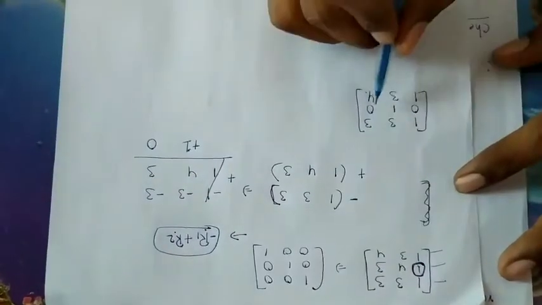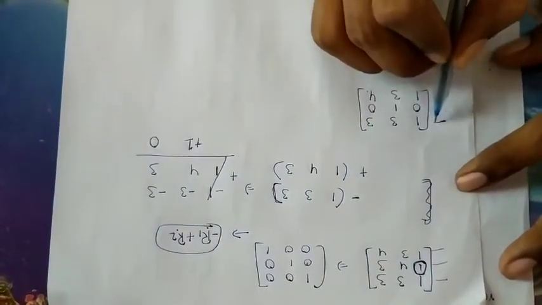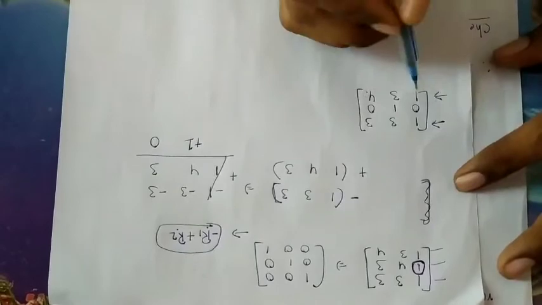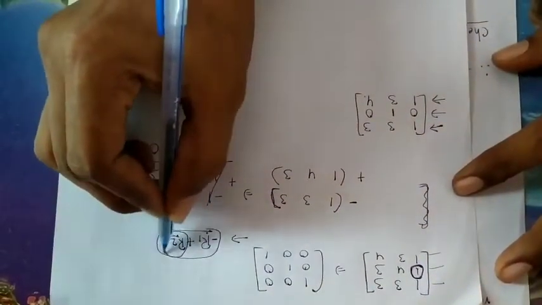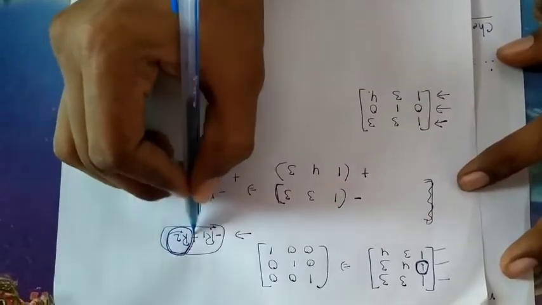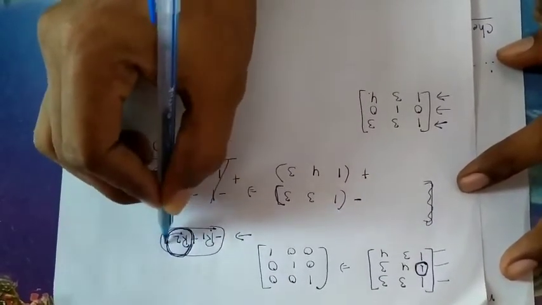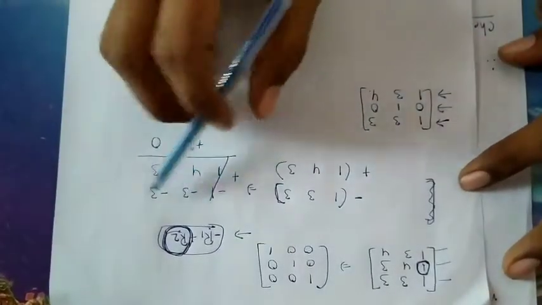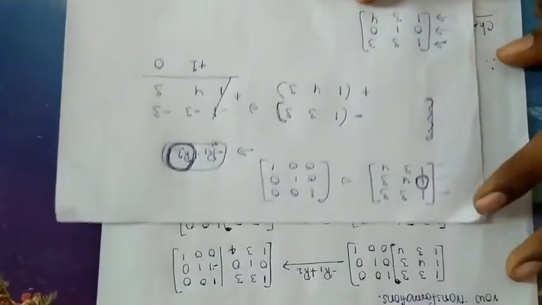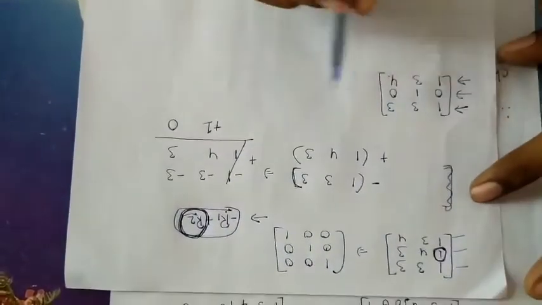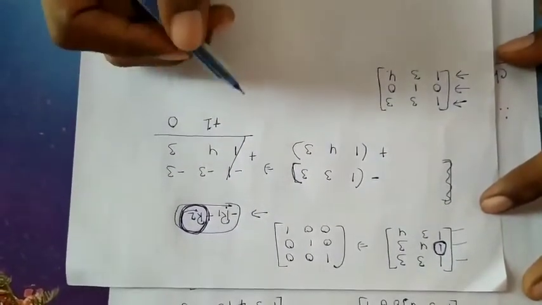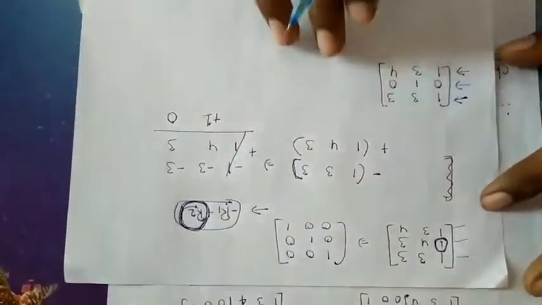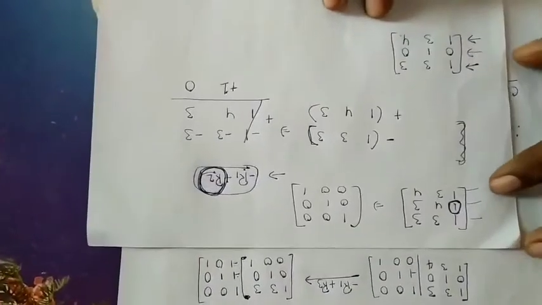So don't change the first row and last row, we only change the second row. Whatever the second row in this operation, only that row changed. This is nothing but a transformation. The changing is nothing but transforming. So the row transformation is nothing but transforming one row by adding or subtracting with another row in the matrix.